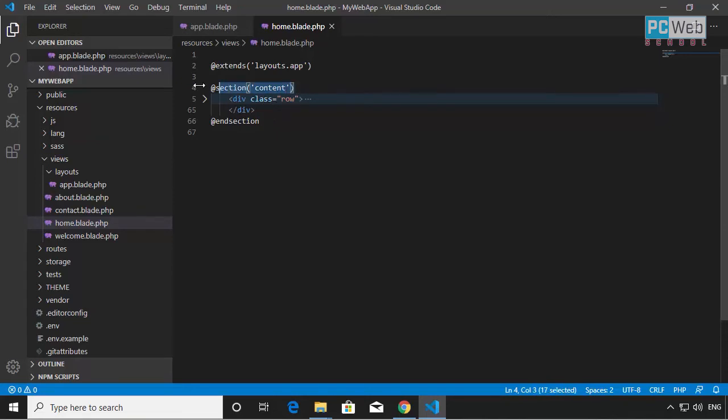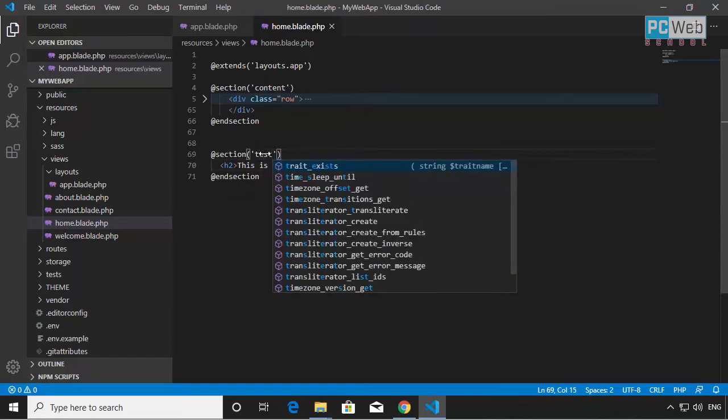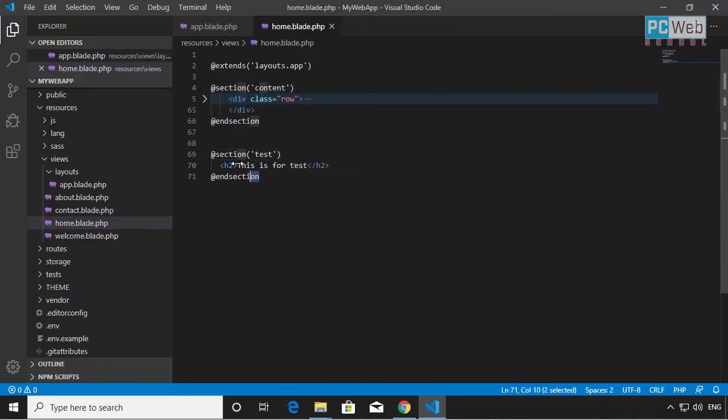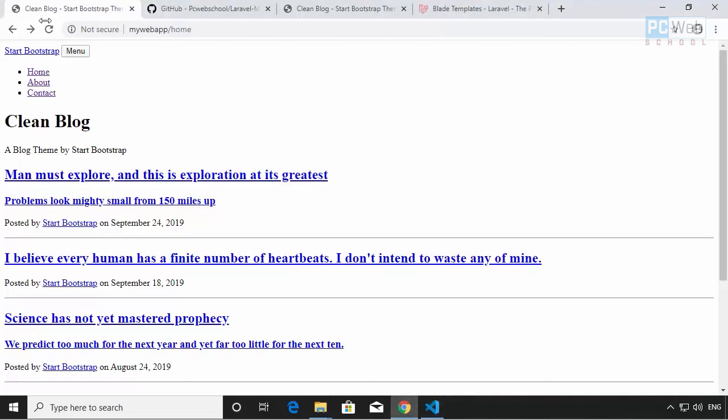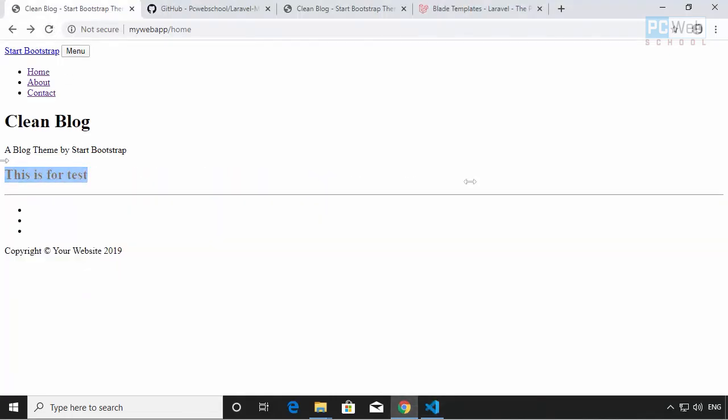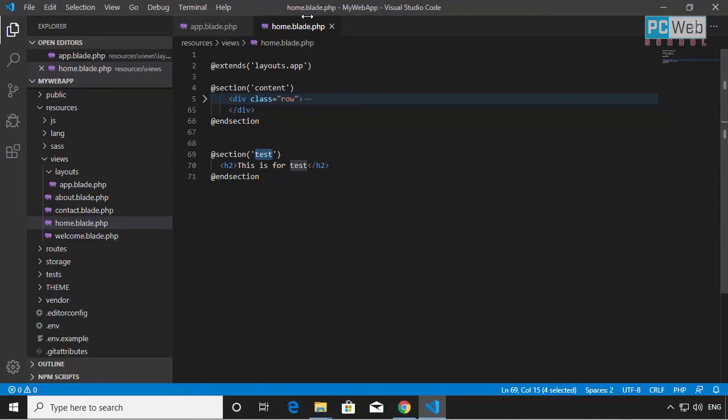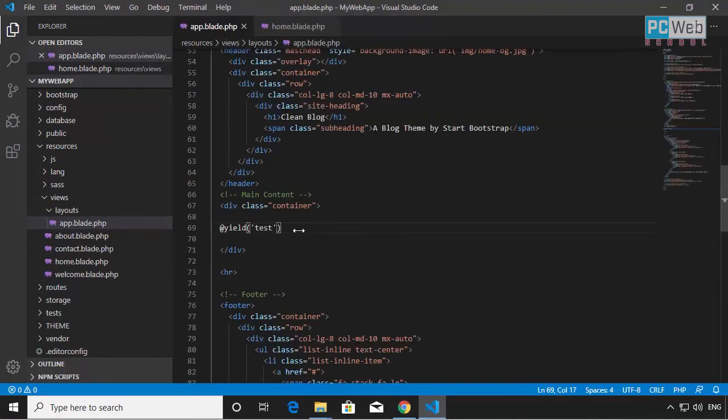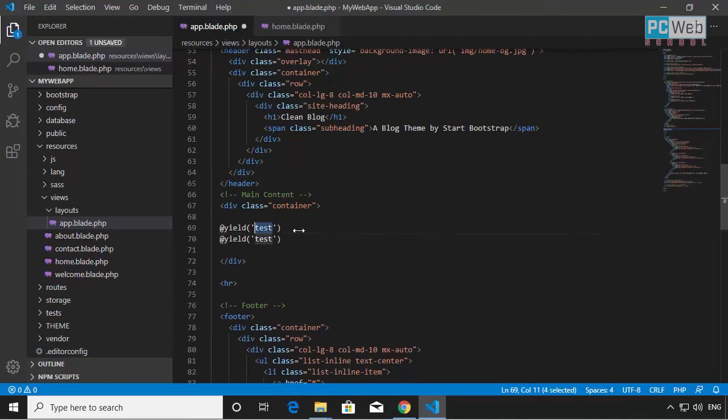content. If I create another section here, let me just say, we can create multiple sections, right? And let me add something in the middle here, and let's do test here. So now instead of showing this section, we'll show this section because it's identified by this name. Yeah, if I save this and go to the browser, refresh, you see, this is the content I'm showing because it's identified by that name, right? I can show even the content as well if I want. Let me show you that. If I copy paste that one,